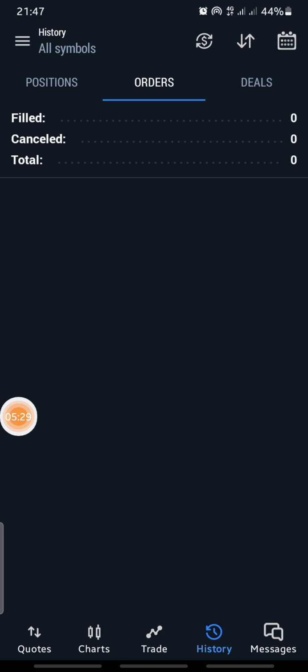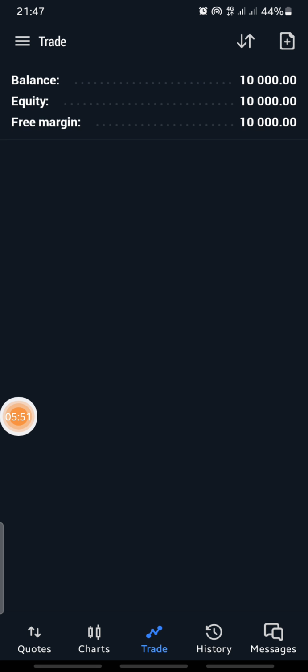So these are it. So the orders are the trades that you've taken. Filled is when the trade is already executed, and then if your take profit has been hit, or your SL has been hit, it's going to show filled, canceled, and then the total. So they'll show everything here. All right, then you come to trade. Trade is